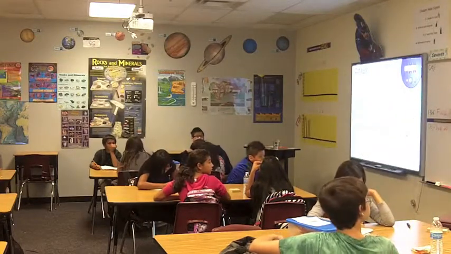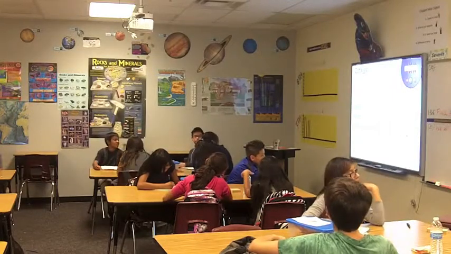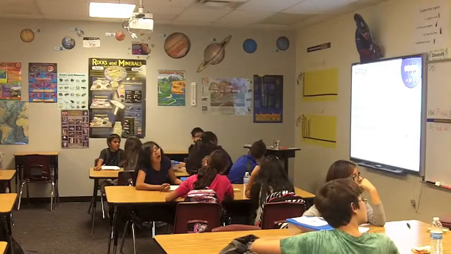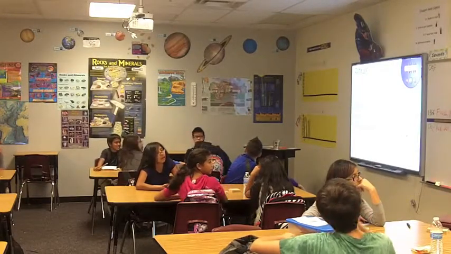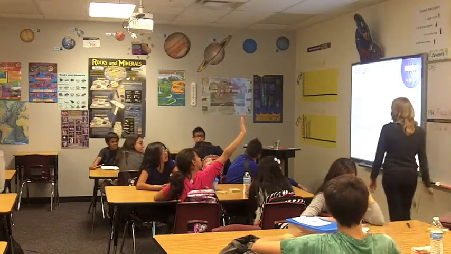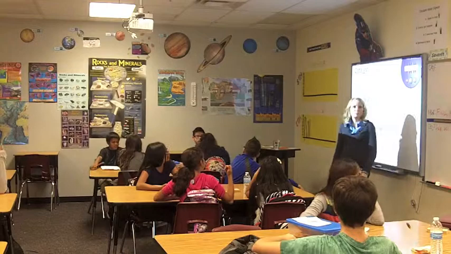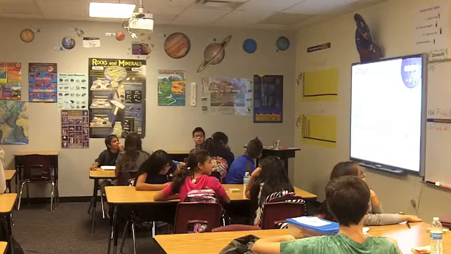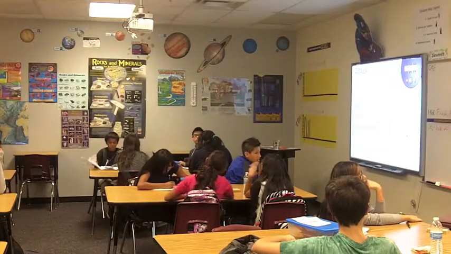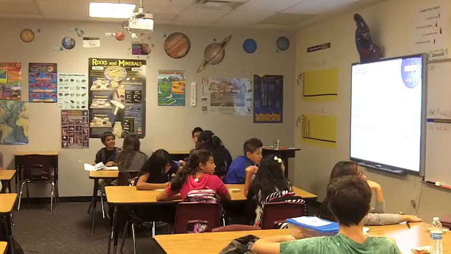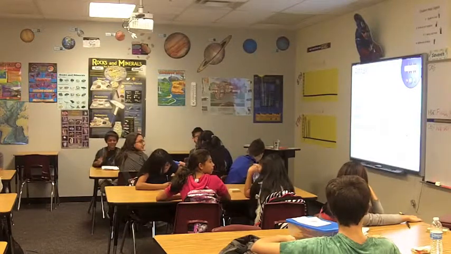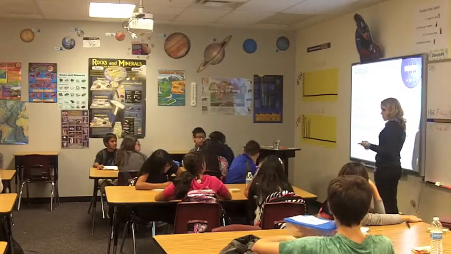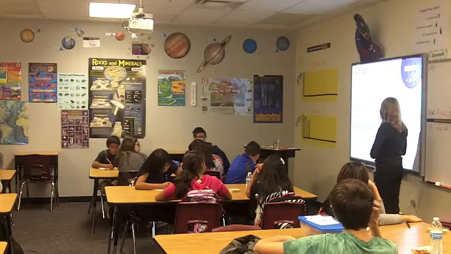Okay, group next to them. Charlie, what did you and Carlos talk about? We talked about what are the 3 types of the boundaries. Do you want to share them with me? Alright, there's divergent, convergent, and... Thank you. What's the last one? Starts with a T. Transform. Transform, yes. So, saying it in complete sentences: the 3 types of plate boundaries are divergent, convergent, and transform. Nice job, Carlos. Thank you for that.